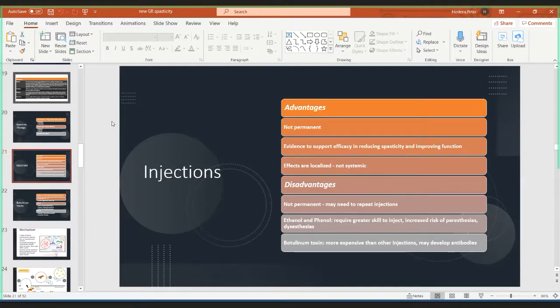Again, with ethanol and phenol, there's a risk of paresthesias because you really actually try to paralyze the muscle, and also you need to be very skilled in those injections. So again, we'll now focus on